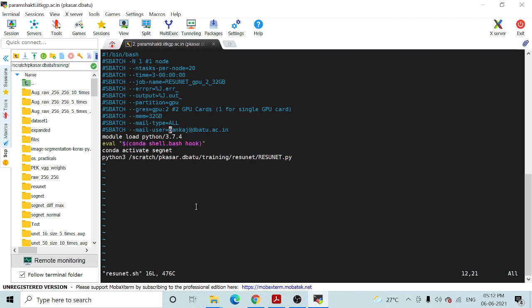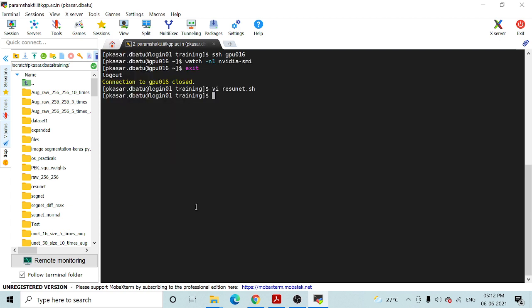Okay, so the rest of the part is the same, and here, this is the job script file. I need to give a different Python file. Now, what changes do you need to make in order to train your model on multiple cards on a single node? That is what I want to show you. Then, what changes do you need to make in your Python file?